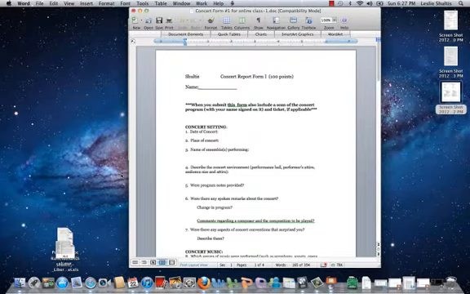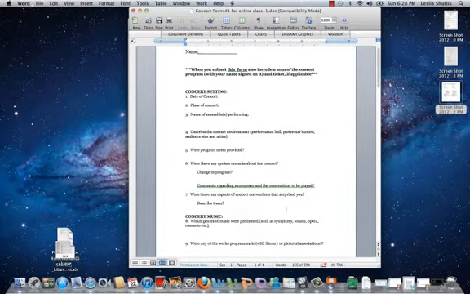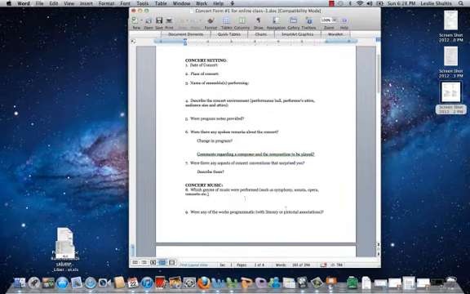If you end up going to an opera before the 8th week, then you'll want to fill out the opera form, which you can find there in the concert form tab. A lot of this is pretty easy to get going on if you do go to a concert right away. For example, things like filling in your name, date, place, name of the ensemble performing, and so on. A couple things I wanted to point out that you might not know yet.